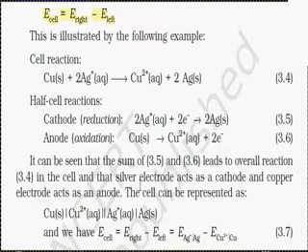Now the overall reaction of the cell is given over here. Here copper is undergoing oxidation, so it will be found on the anode. So we write copper first and then we write Ag. Now this is the way we can represent the cell. This is known as cell representation. First we write the anode and then we write the cathode.